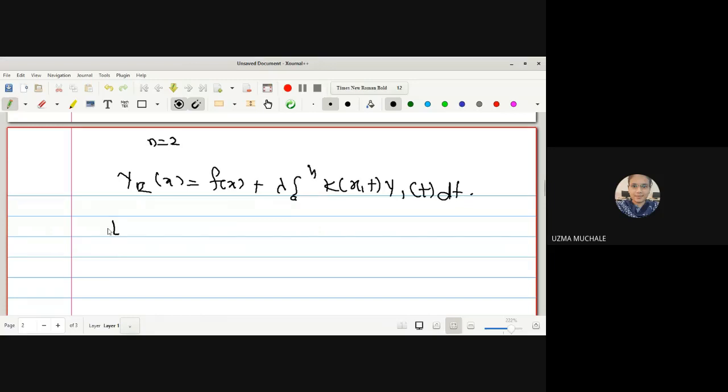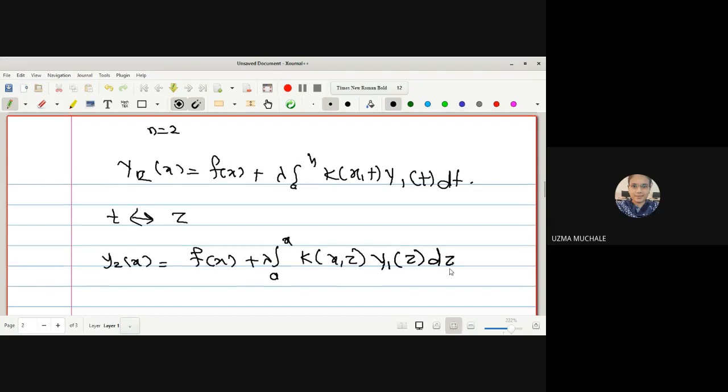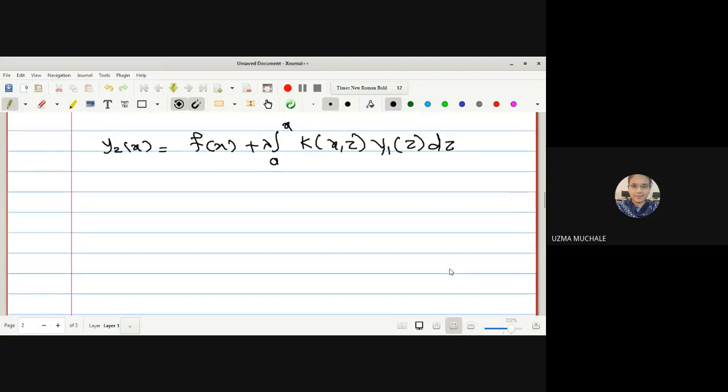Replacing t by z, we get y2 of x is equal to f of x plus lambda integration a to x k of x z y1 of z dz. Wherever you have t, you have to put it as z